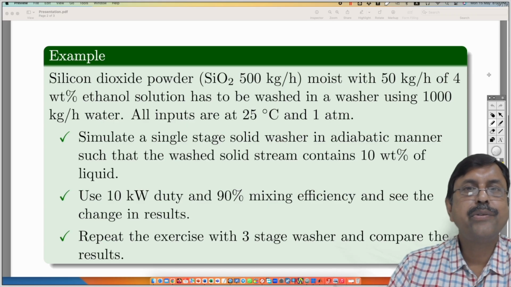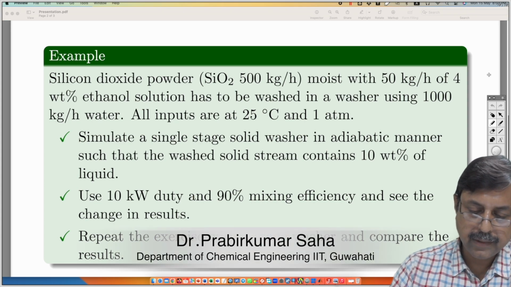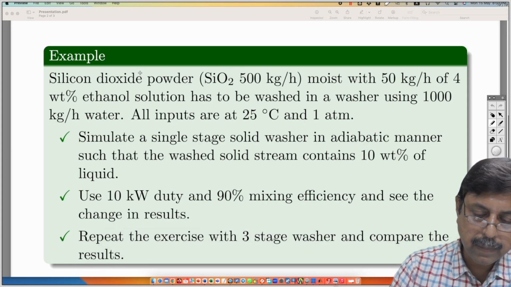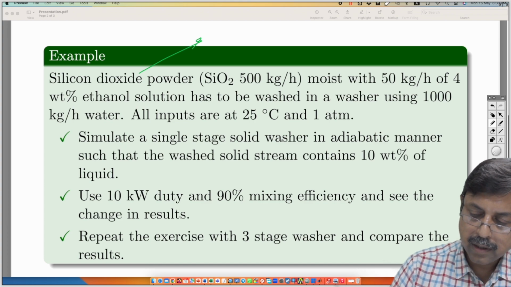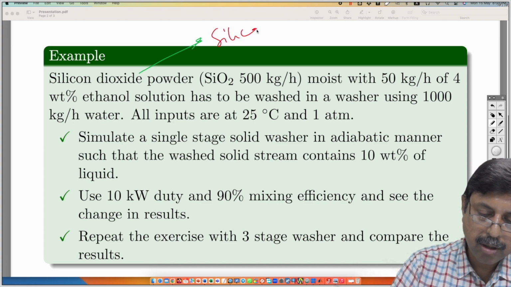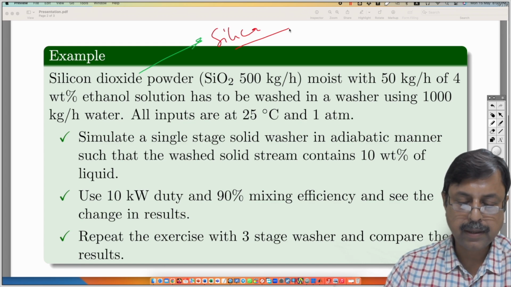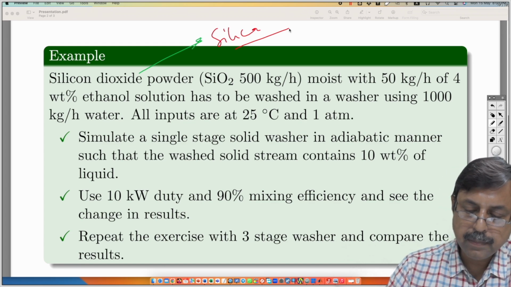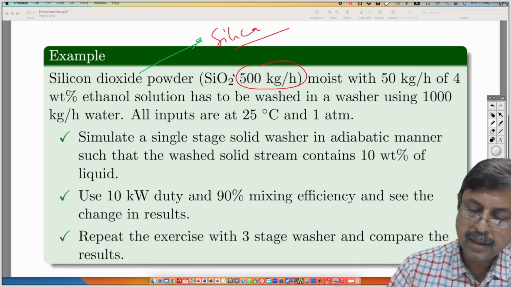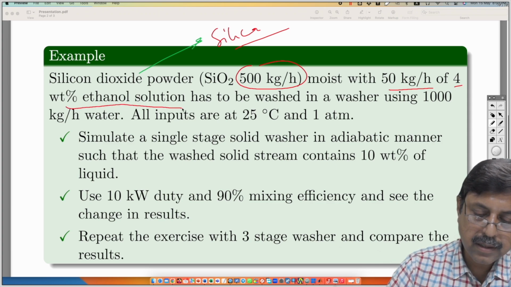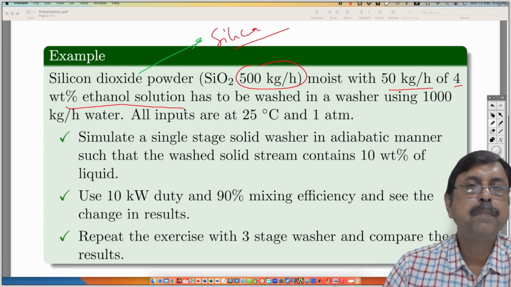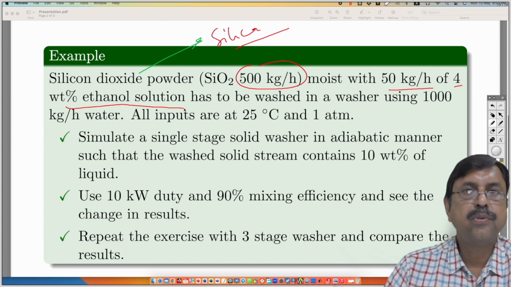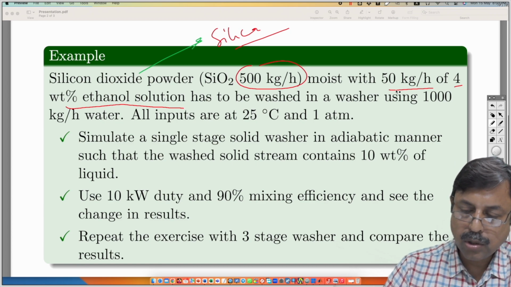Now let us try to solve this problem. The problem statement is silicon dioxide powder, which is also called silica. Okay, it's the silica powder. Silicon dioxide powder, its flow rate has been given, which is moist with 50 kg per hour of 4 weight percent ethanol solution. So 4 weight percent ethanol solution means 4 weight percent of ethanol will be there in aqueous solution. So out of 50 kg,